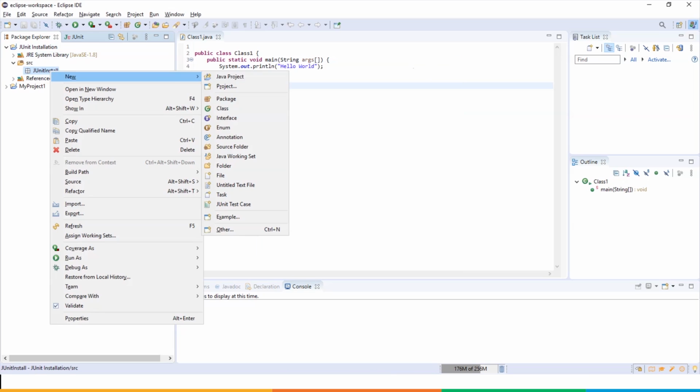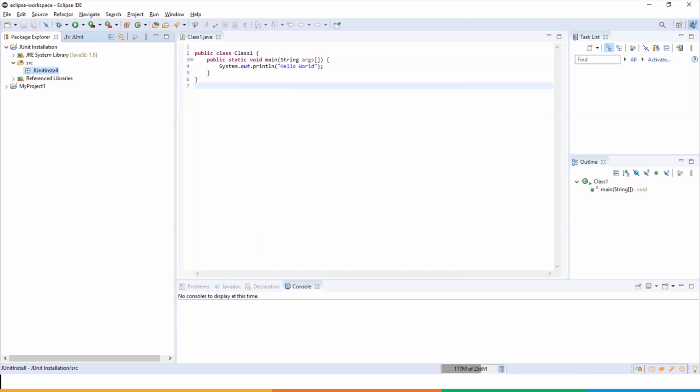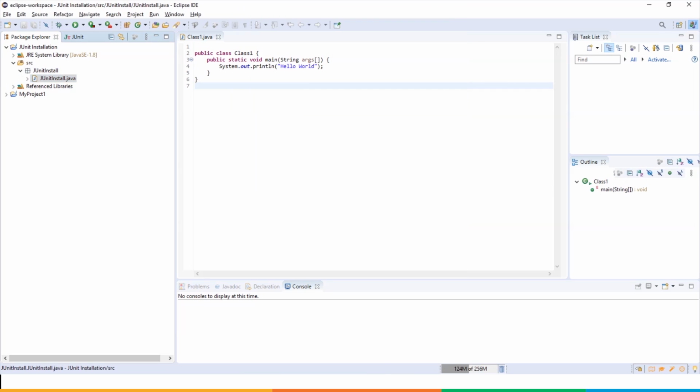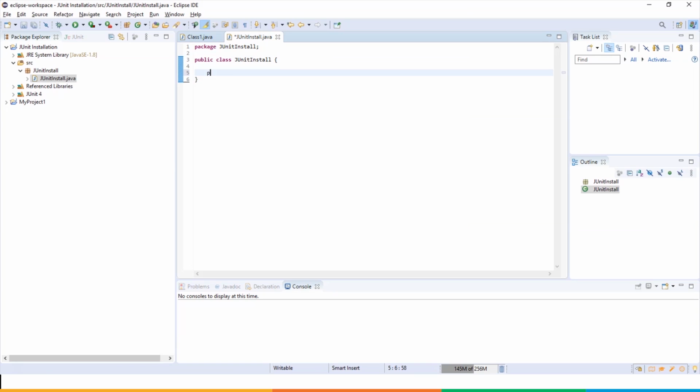In this package, create a new class and we shall name the class JUnit install and click on Finish. Now let's create a method over here. In the method, we shall type public void my JUnit install